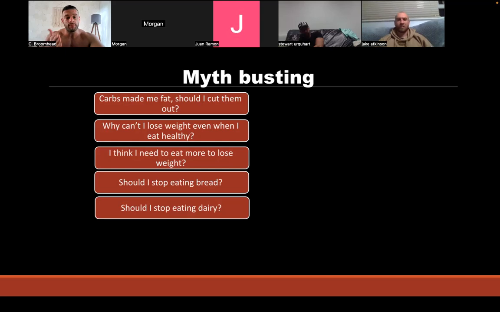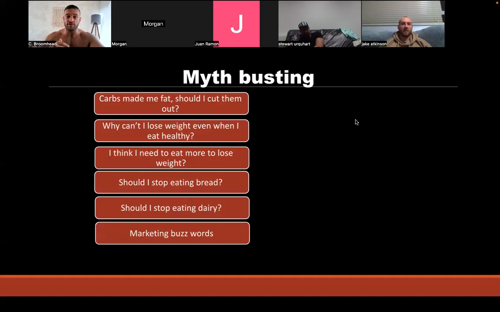Should I stop eating dairy? Not because you're on a diet, but if you're lactose intolerant, absolutely. Do not have dairy if you've got any level of lactose intolerance. It will just ruin your stomach. And what most people don't realize is that sometimes you could be gaining a few pounds of body weight just because you're eating food that you don't digest well. The bread or dairy that you don't digest well, giving you this bloated stomach so you feel horrible, it's making a big difference.